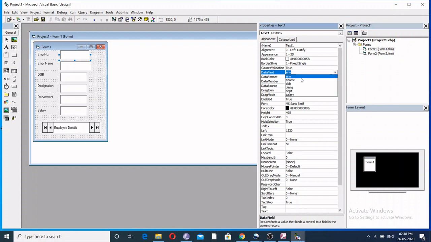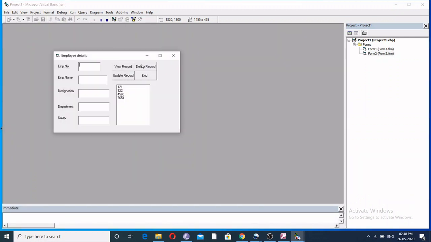Here if you select this one, then you will get the list of data fields available in the table 1. Among them you have to select the appropriate one. Here we are going to display E number in this column, so E number we have to select. Okay, like that for the successive text controls we have to set the data source property and the data field property. So like ADO/DC1 E name, like that we have to set for all the text controls. Once it is done, after that we can execute the program.